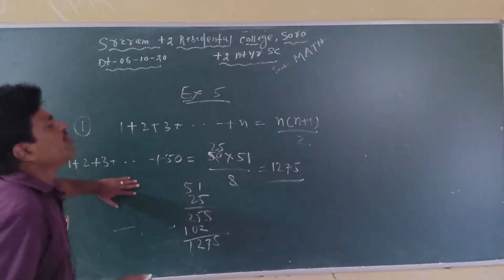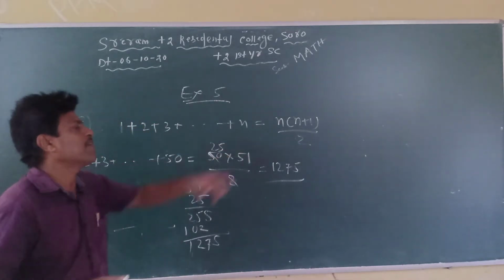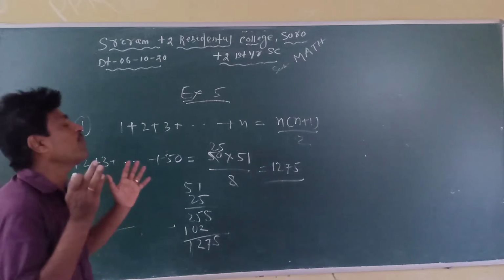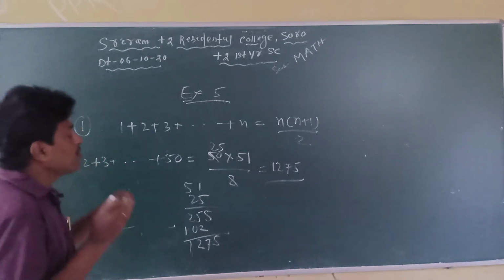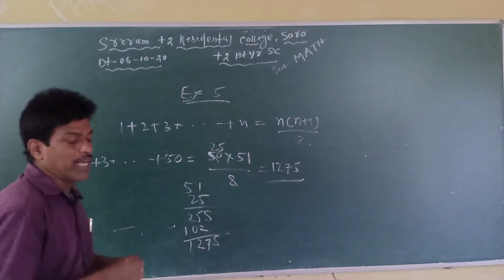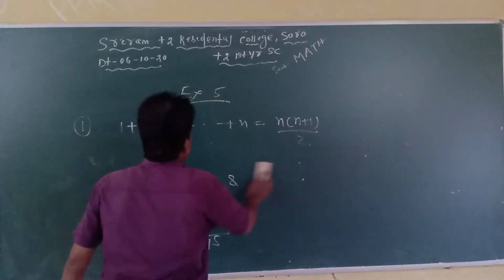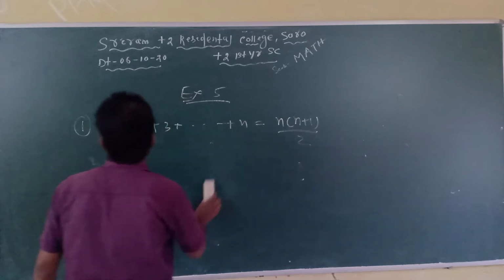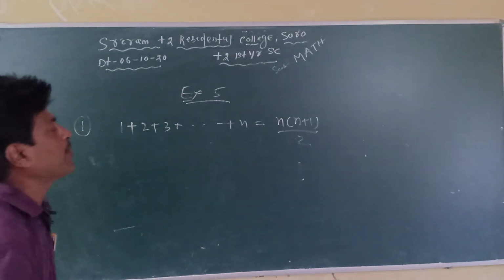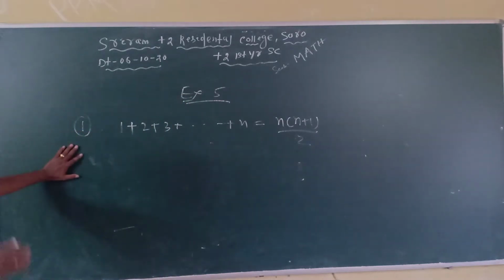So in standard 4 or 5, Gauss created this formula. Hence it is called the Gaussian formula of addition: the sum of the first n natural numbers, 1 up to n. We have proved it in plus 2 standard, but the formula was created by a student of standard 4 or 5.